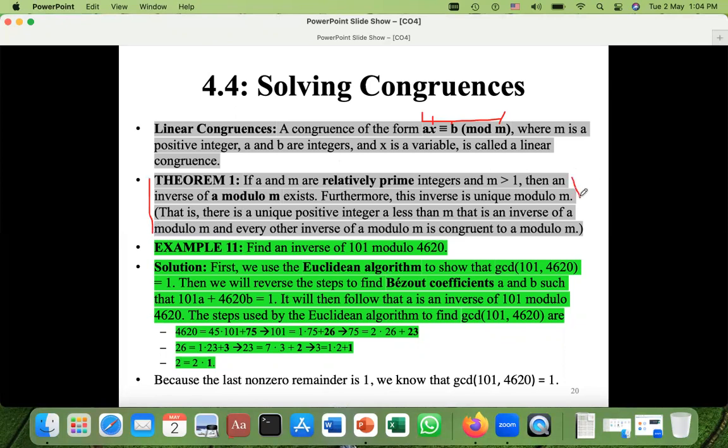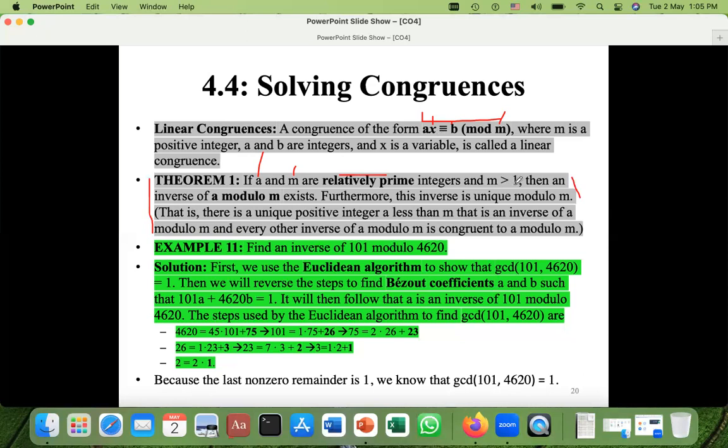There is a related theorem for that, which is theorem 1. Its first two lines are its statement. This theorem says that if you have a and m, where a is an integer and m is the integer modulus, and they are relatively prime, meaning their GCD is equal to 1, and this m through which you are dividing and getting the remainder is greater than 1,